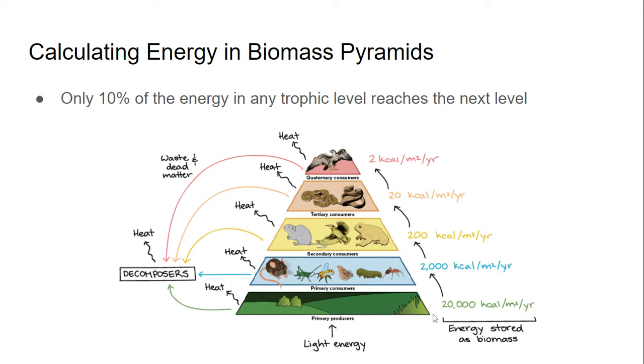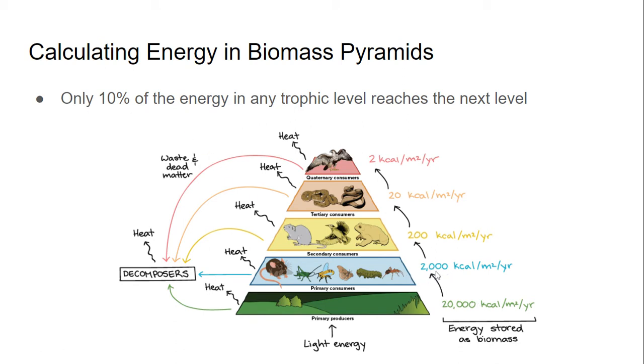So when we look at here, okay, the producers are always going to be the bottom of your biomass pyramid. And you can see the energy stored as biomass is 20,000 kilocalories. But when you look up at the very next level, you see there's only 2,000 kilocalories, okay? Only 10% of this amount of energy makes it up to the next level, okay? Because basically you're taking this number and multiplying it by 0.1, which is 10%, in order to get the amount